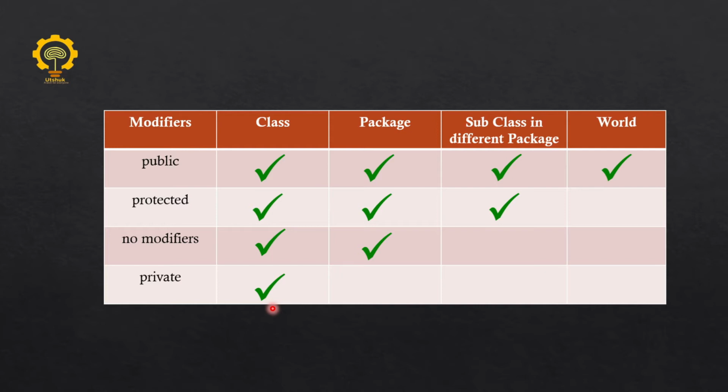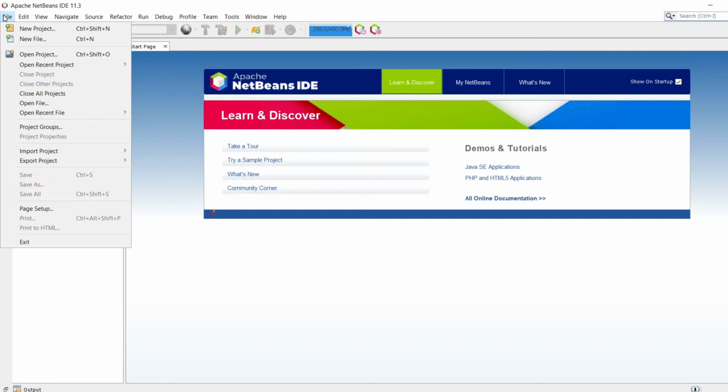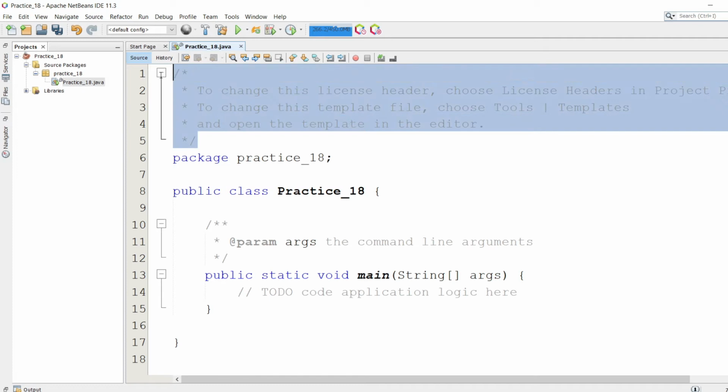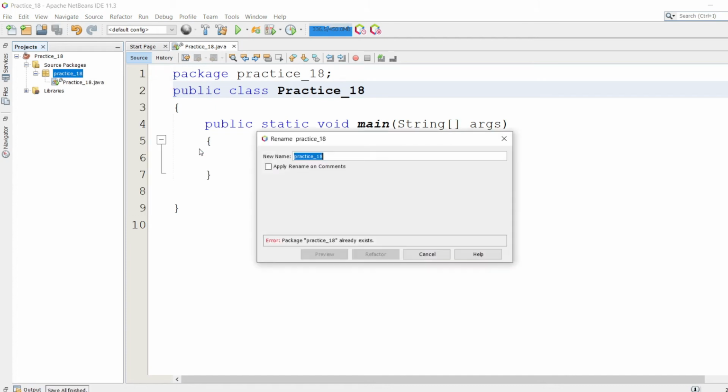In order to understand access modifiers in a practical way, let's move to the NetBeans IDE. Let's open our NetBeans IDE and create a project, practice_18. Let's remove this comment. I'm gonna rename my package name and class name as well, so let's refactor.